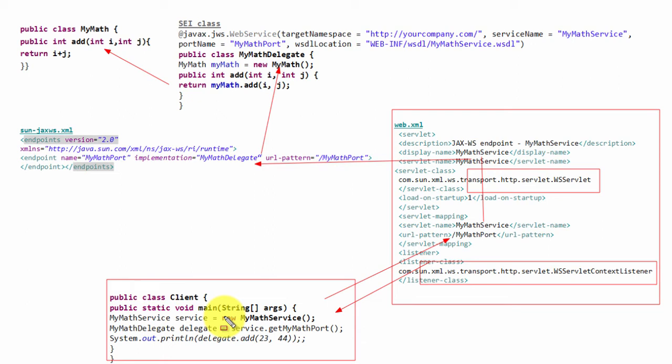But the Java developer is not responsible for working with the SOAP messages. The Java developer does not have to struggle with the SOAP messages which are in XML format. The framework takes the responsibility of generating all the required SOAP messages dynamically. So you have to follow this structure and generate server-side code and client-side code. All the coding will be mostly in terms of Java, but the communication will be internally through SOAP.